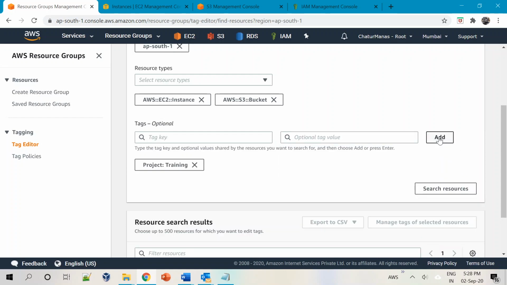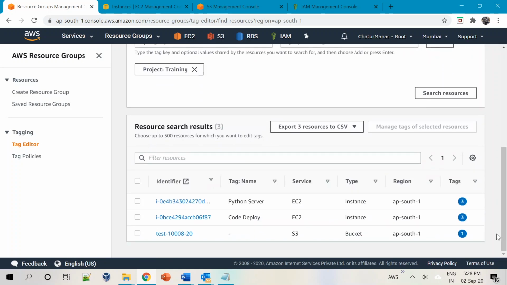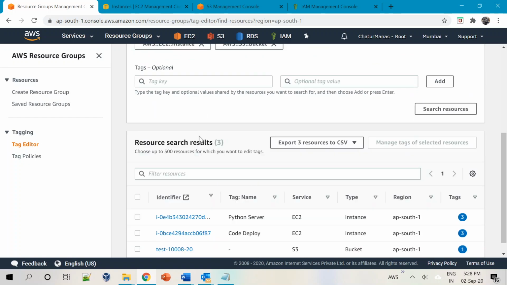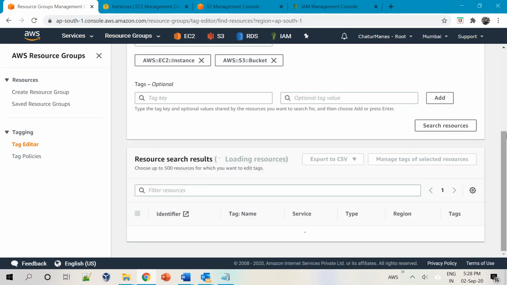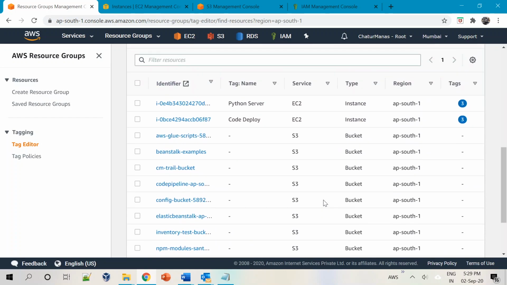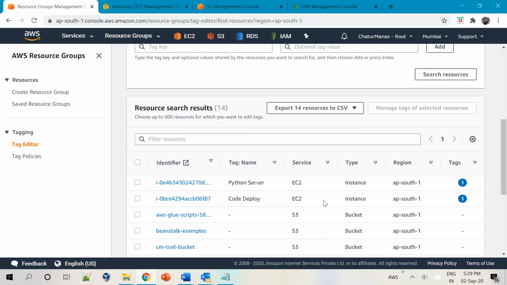If I say add and I'll say search resources, it will search for all the resources which already have a tag called training. I can also leave it empty and say search resources. Now it is going to search all the resources that I have. As you can see, all the different buckets, the different EC2s.